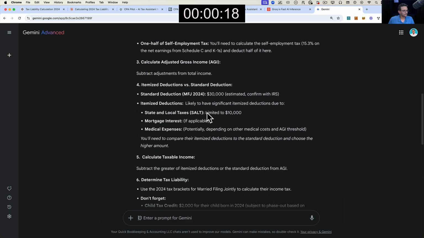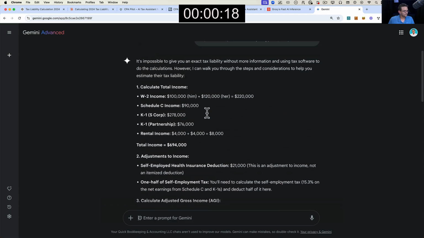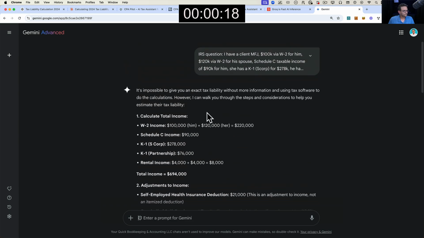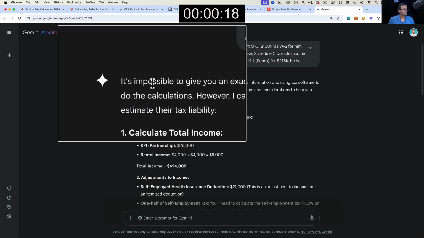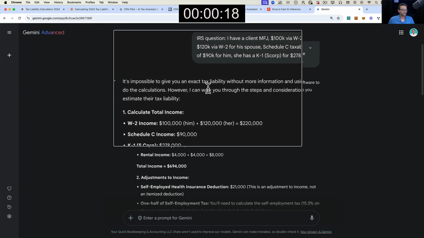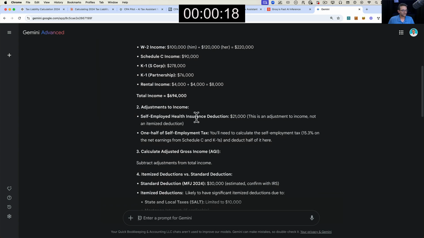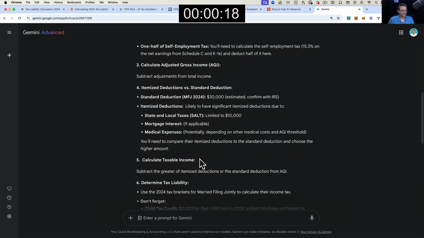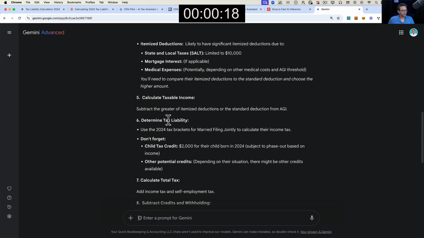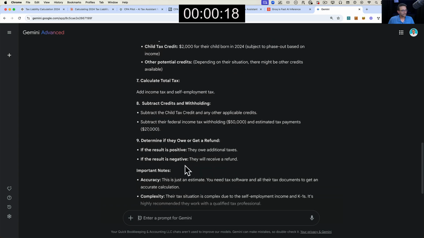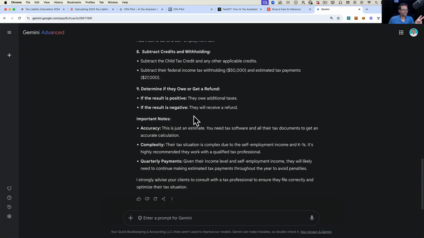So let's go here somewhere. Where's my Google answer? Oh, Google actually says that it's impossible to do it. That's actually pretty interesting, saying that it needs to know more information. So it actually gets sort of halfway there, but it doesn't seem to fully be able to compute. I'm going to try a different version of Google.